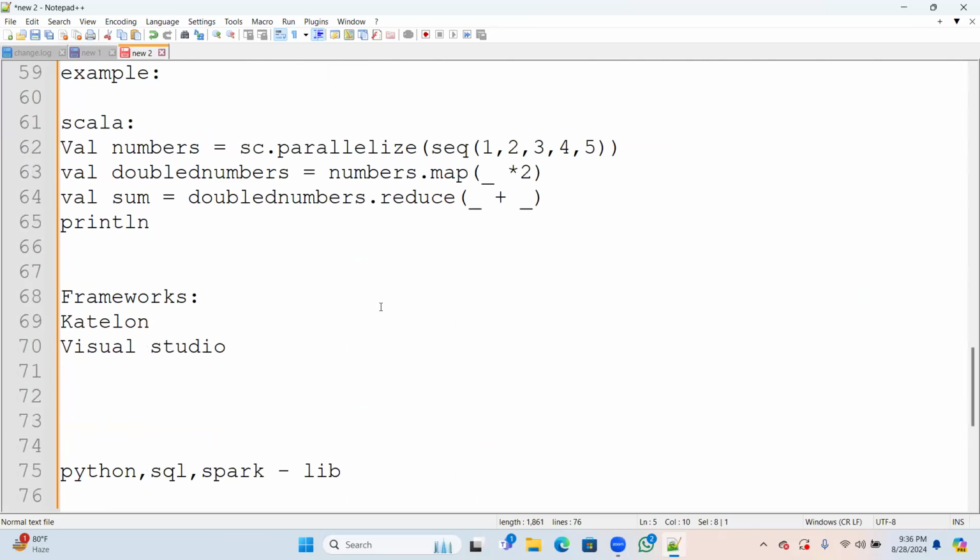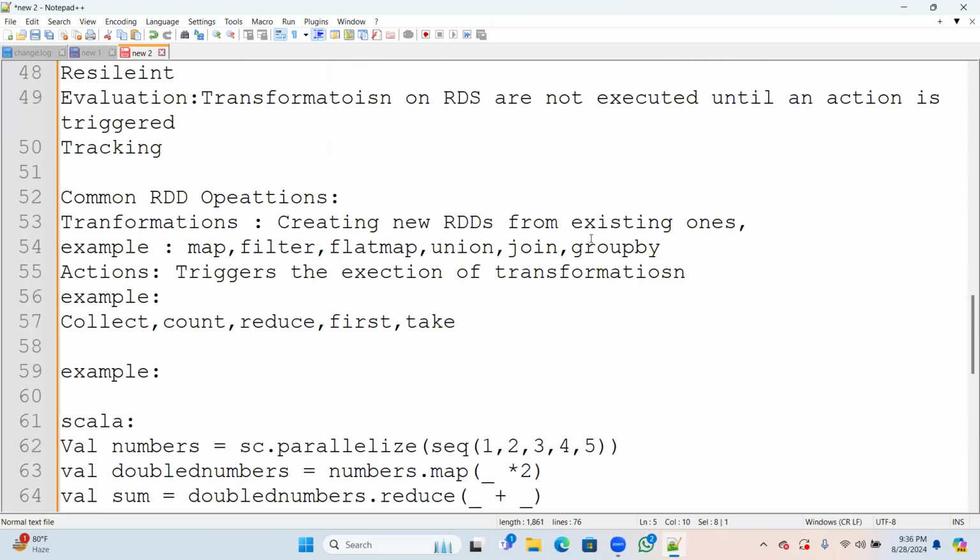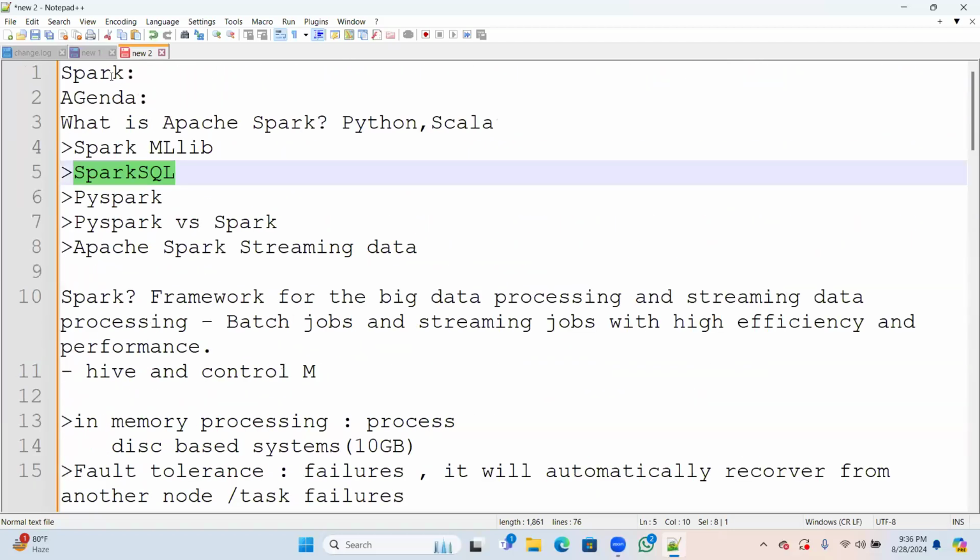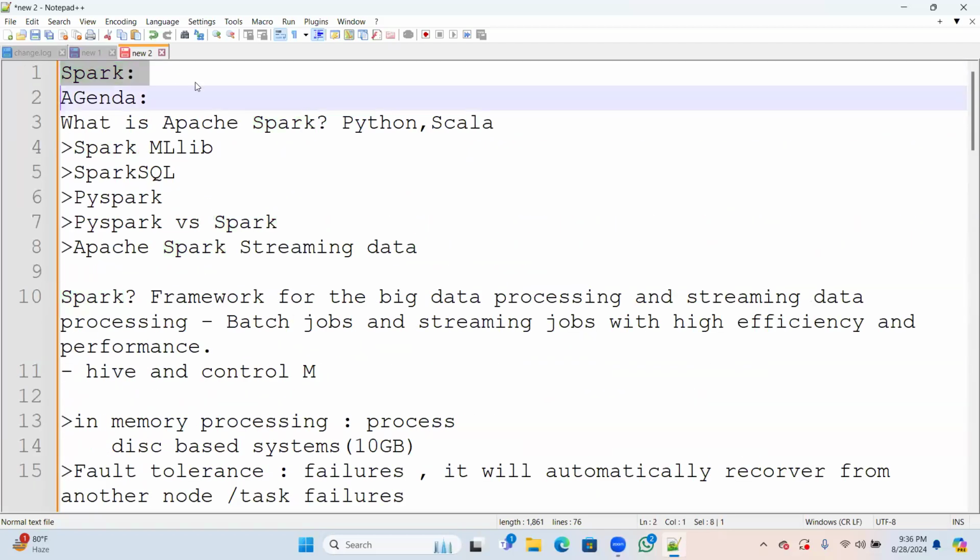For the batch processing example, you are using Hive, the Hadoop one, where you will already have the data somewhere. What is the connection between Hive and Spark? Hive is used for batch processing, whereas Spark is used for real-time data.